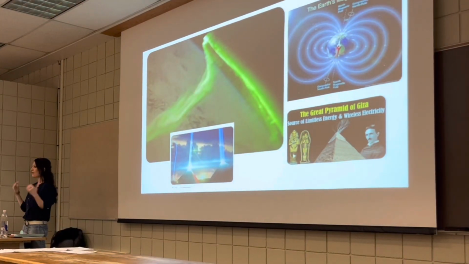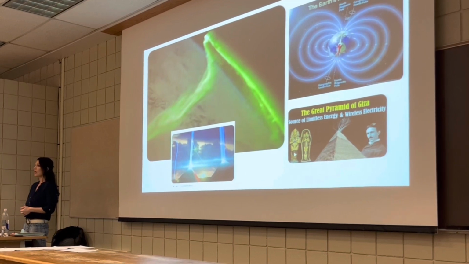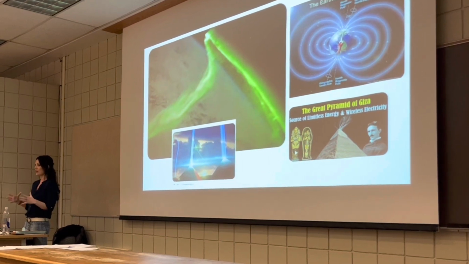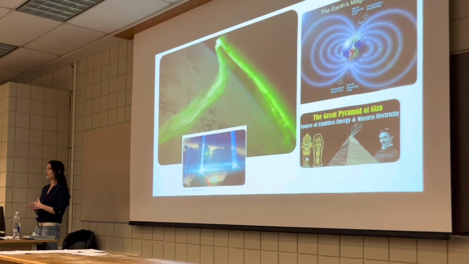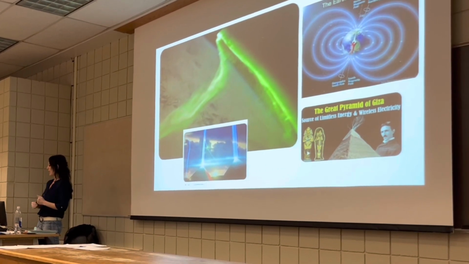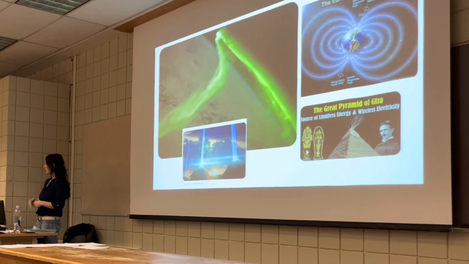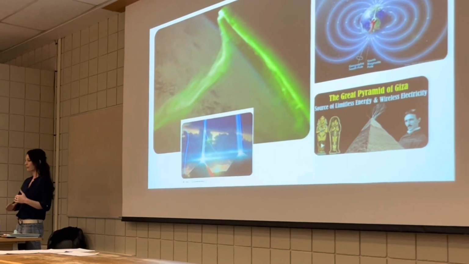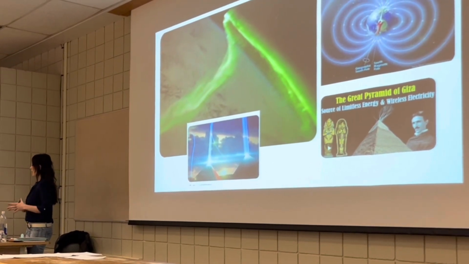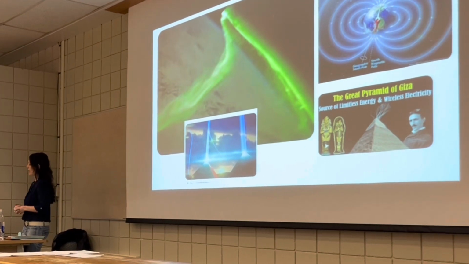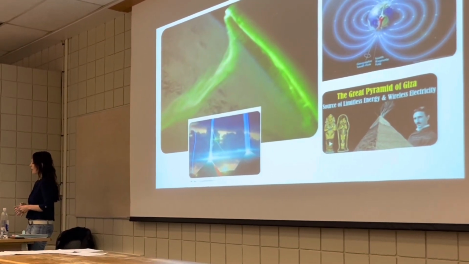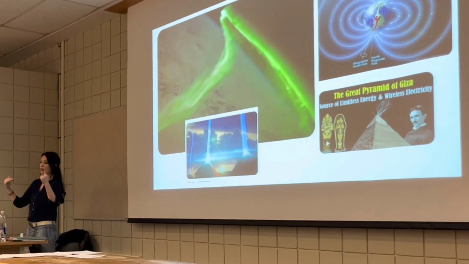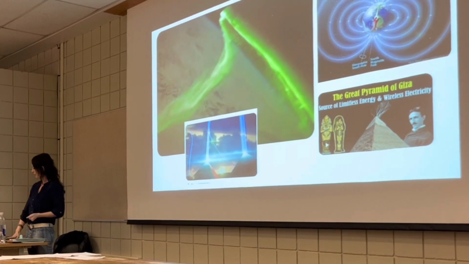Okay, so we talked about how if they were energy conductors, they were tapping into something that the Earth's magnetic field holds, because they were in relation to ley lines on planet Earth, which hold a different frequency on different ley lines. And that's all actual science, but it's more pseudoscience. Our Earth holds a lot of energy, right? So we have the magnetic field, we have the equator, and the borealis, and all of these electrical fields on planet Earth that, if there was an ancient technology in here, that's what they would be tapping into.